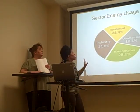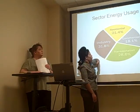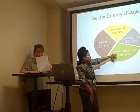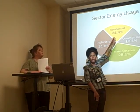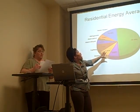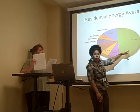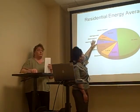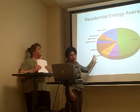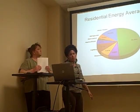And this right here is a slide that tells you where we spend our most energy. As you can see, we spend our most energy in our industry, in our buildings, things like that. Transportation spends 28%, residential in your home 21%, and commercial is 18%. This is a slide as far as our residential in our home. We spend most of our energy in our heating and cooling. This right here just tells you little things that break it down, the lighting, the washer and dryer, refrigerator, and things like that. How much of our energy is used and how much of that is going towards these high